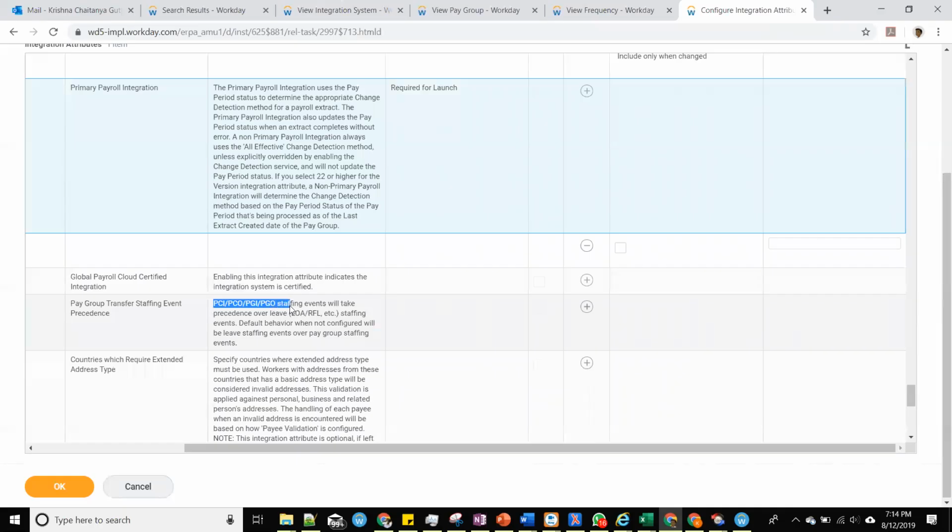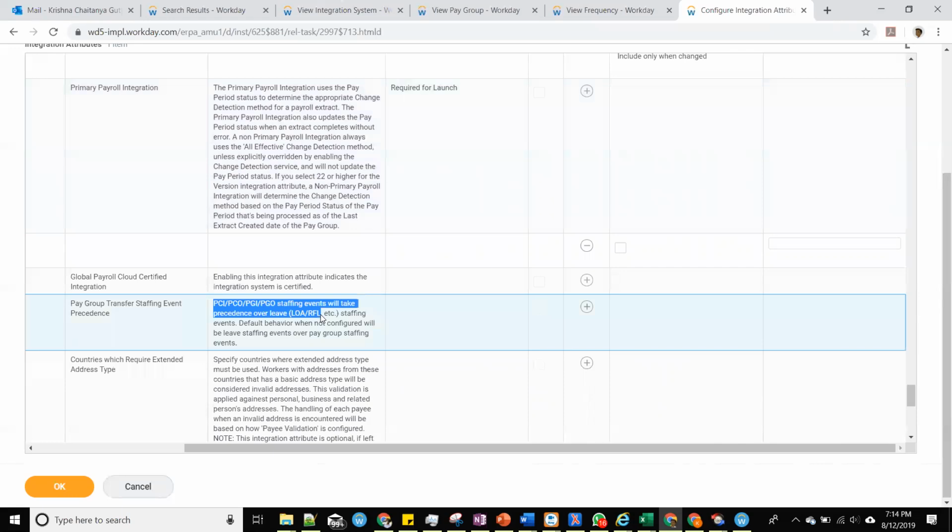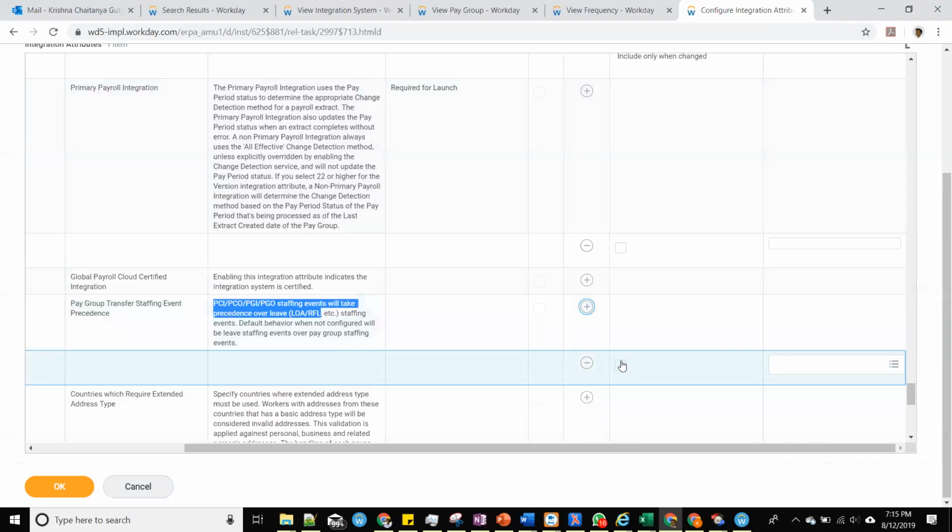PGO staffing events will take precedence over leave of absence and return from leave. So let's say within a pay period, if an employee is on leave of absence, and within the same pay period, he was transferred out of the payroll company, transferred from US to UK. In that case, what do you send? Will you send the leave of absence or will you send the PCO? If you enable this, this is going to automatically send us the PCO transactions instead of the